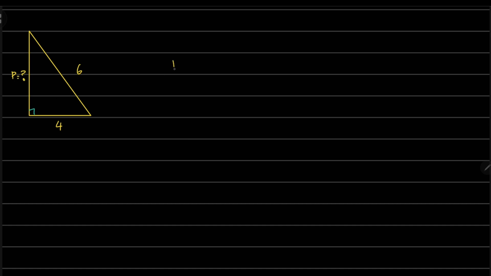Okay, how would you do that? You'll use the same formula, hypotenuse squared equals perpendicular squared plus base squared, but you've got to rearrange it according to the question, right? Since you've got to find out the perpendicular, you'll make perpendicular the subject. Now how do you do that? You'll take the base square to the other side, which will make your equation something like this: hypotenuse squared minus base squared